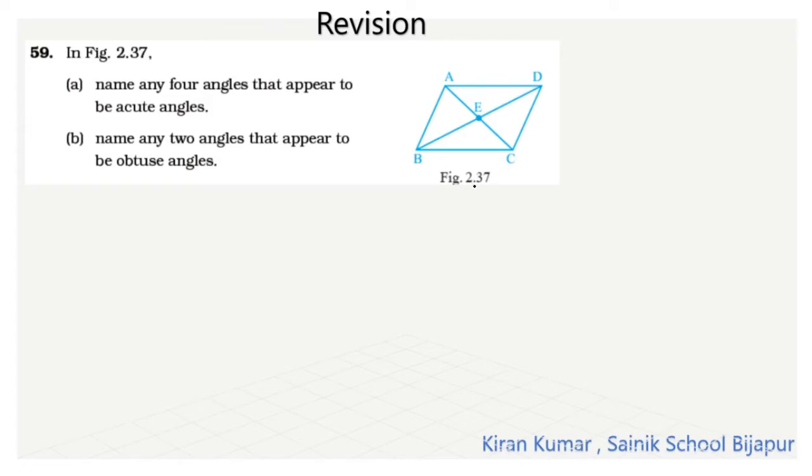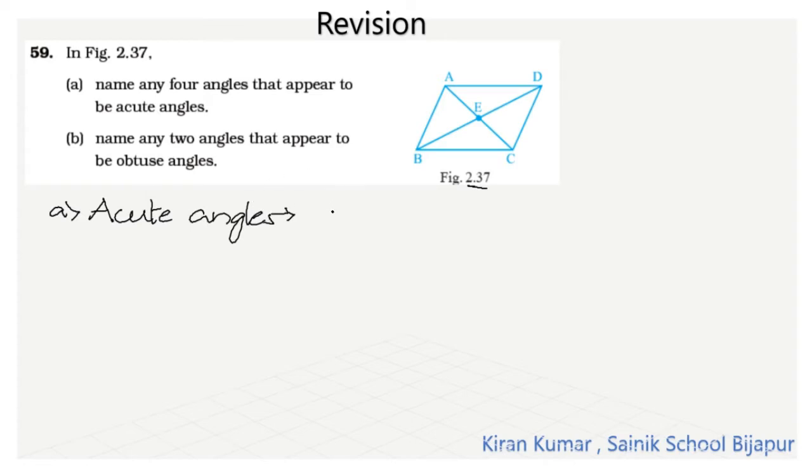Here the question is in the figure 2.37. Name any four angles that appear to be acute angles. And there is a second sub question, name any two angles that appear to be obtuse angles. Let us do one by one. In the first, we will mention all the acute angles which are present in the figure are